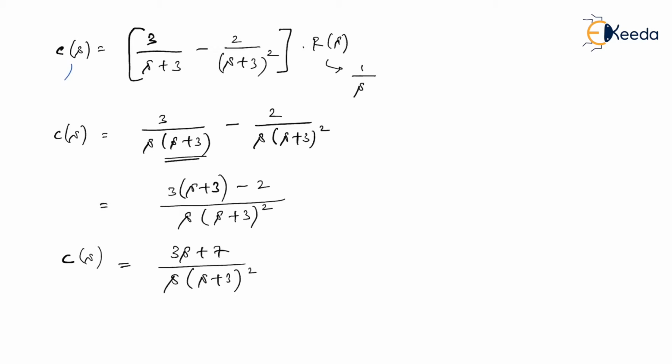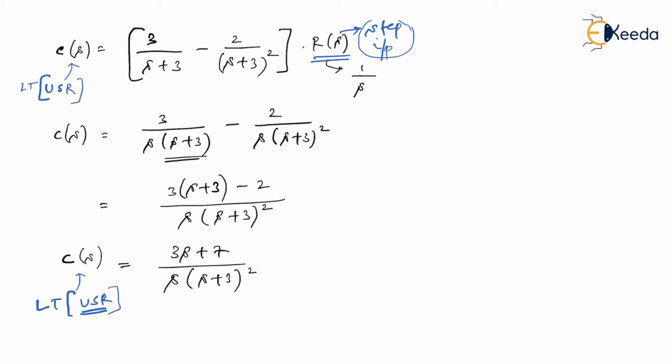I would say C(s) is nothing but output in response to step input. Am I right? This is nothing but your step input. But this is not just step input, this is nothing but Laplace of step input. Then I would say this is nothing but unit step response only, but it is available in the form of Laplace transform. So this is a Laplace transform of unit step response, and they are asking you unit step response. Then there is only one solution, that you have to go for inverse Laplace and get unit step response. I hope the point is clear.